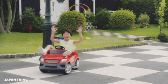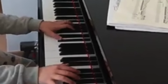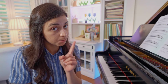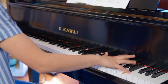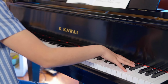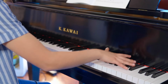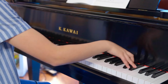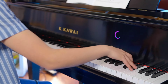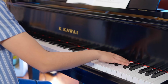I mean, I've seen 10-year-olds on YouTube play this piece. So obviously they don't have big hands. So there must be a strategy. So when I looked at this part right here, I was like, you gotta be kidding me. But I noticed I can do something like this. And all of a sudden, you see how I'm kind of going in a circle? That gives me the momentum. So like when I push off from this,